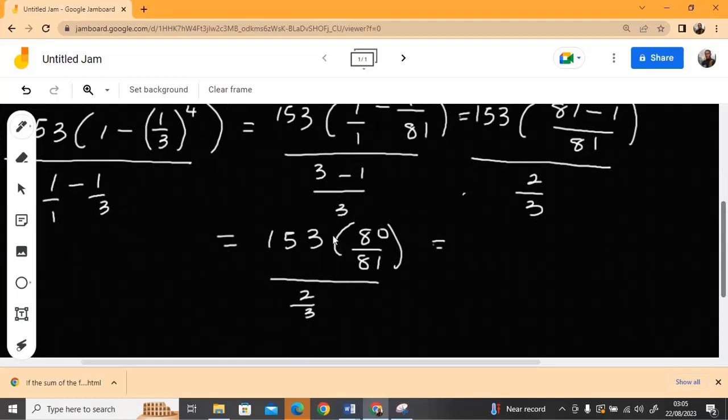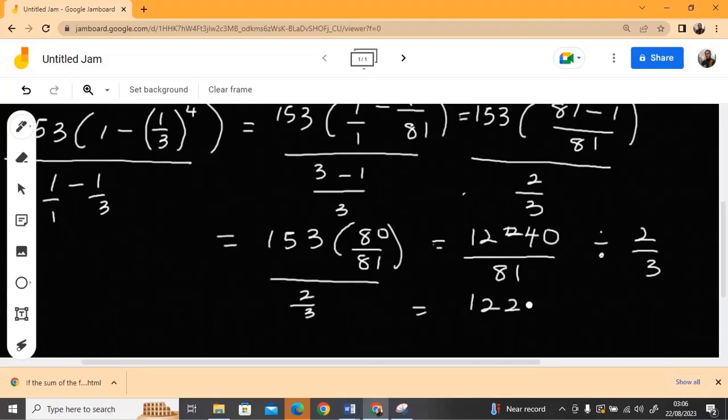Sorry. So 153 times 80, I multiply this up by this number, so there's 12,240 over 81. You know, this over means divided by 2 over 3. So you can write it as 12,240 over 81. This division will turn to times 3 over 2. It's 3 over 2. So you can divide